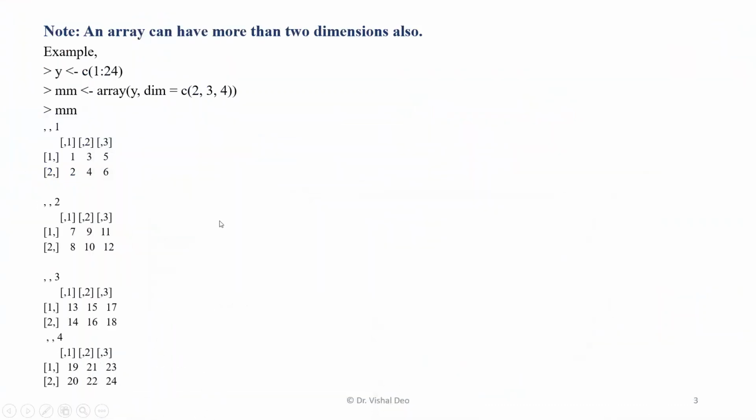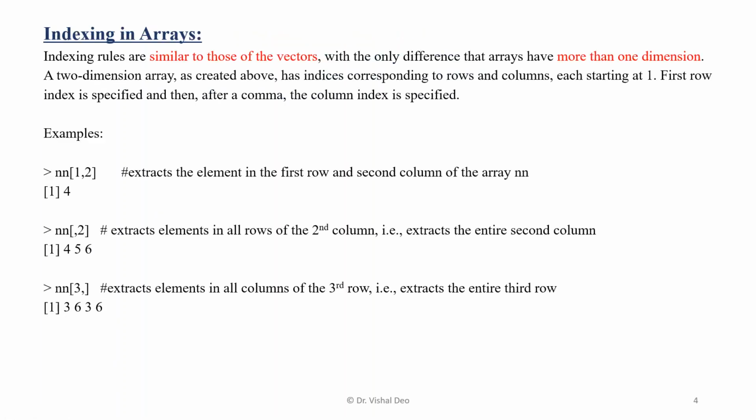So the nature of indexing actually remains the same, whether we are using 2 dimensions or 3 dimensions or 4 dimensions or any number of dimensions in arrays. So this tells us that yes, we can use more than 2 dimensions in arrays. And next, the important question is how to do indexing in arrays, because we know that for mathematical calculations